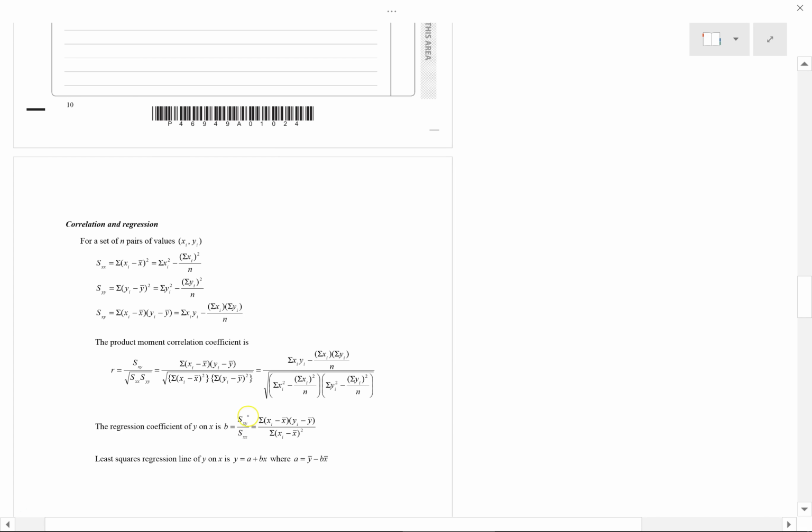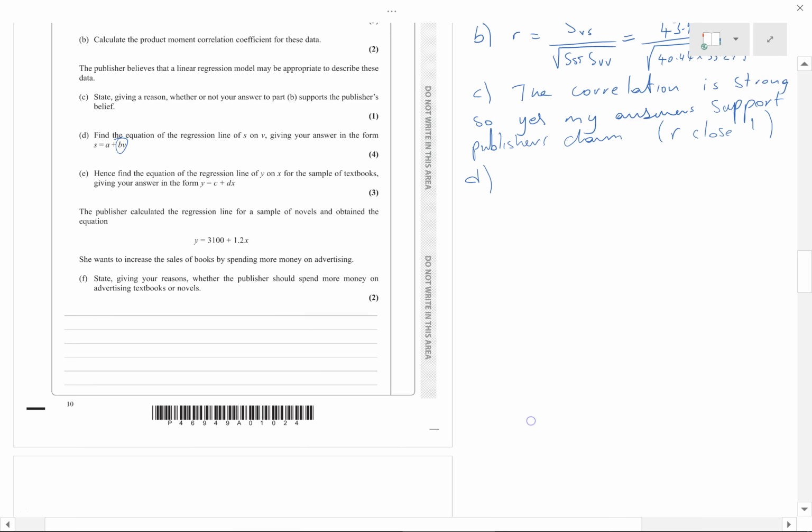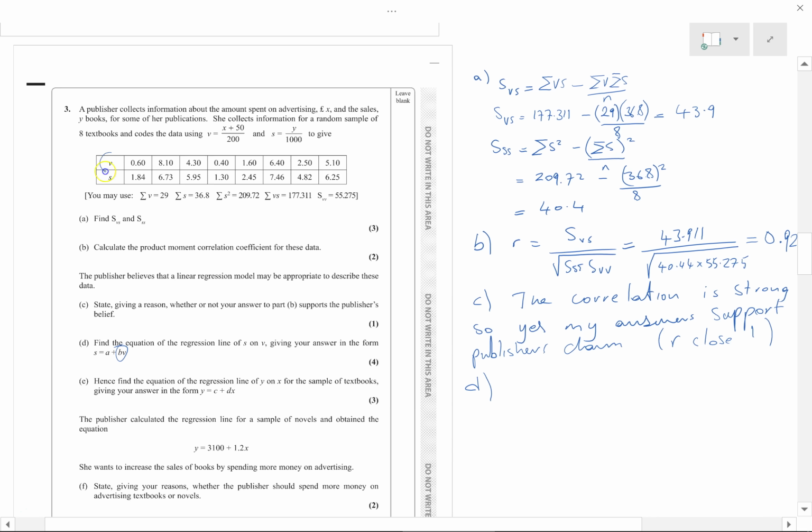Here B is Sxy over Sxx, but our equivalent of the x here is V. So in this case, B is equal to SVS over SVV, which is equal to 43.911 over